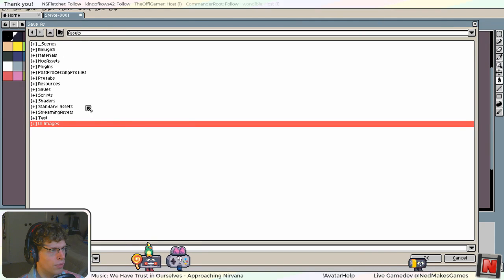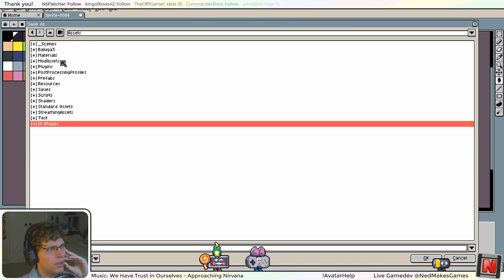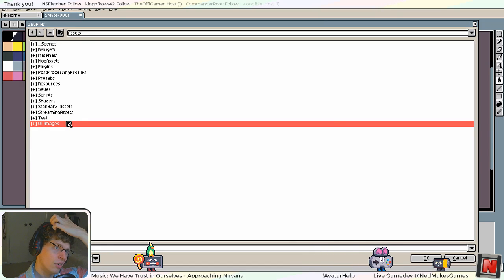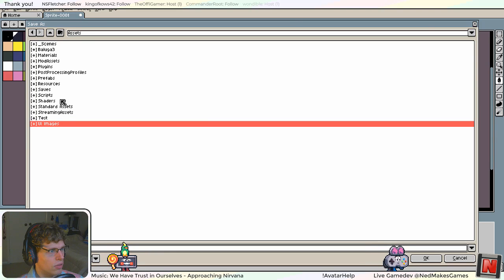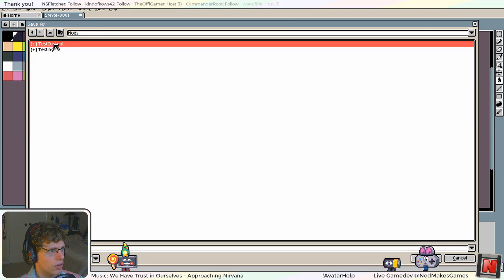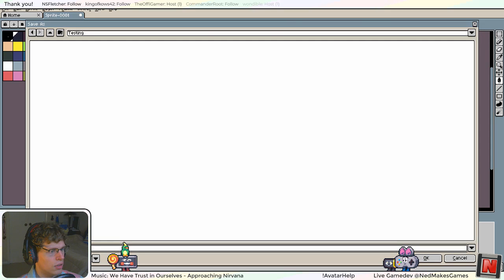It will go in the mod files. How would I save it? Actually, it probably wouldn't. We wouldn't really want to have it as an asset bundle because we want to just be able to load it normally. That's a good question. Well, I'm pretty sure you can load an image without using the asset bundles. So I guess we'll want to look into that. But so this would just go in testing, description,